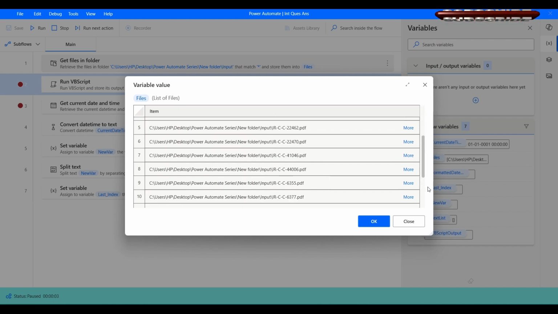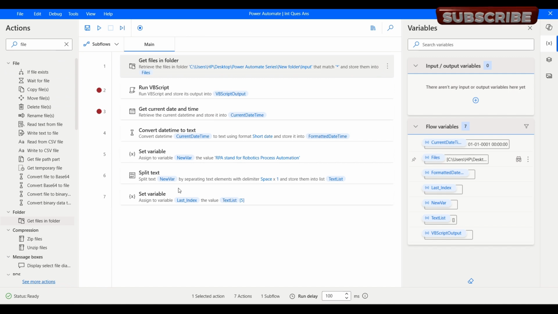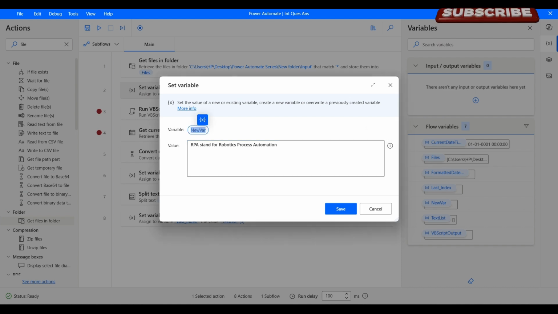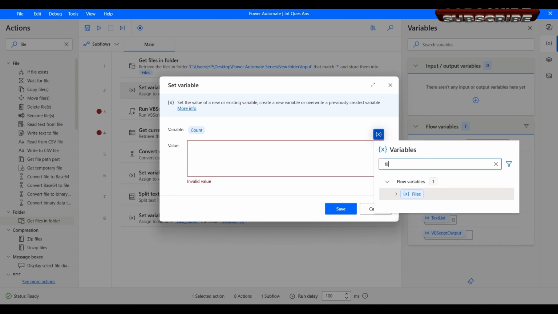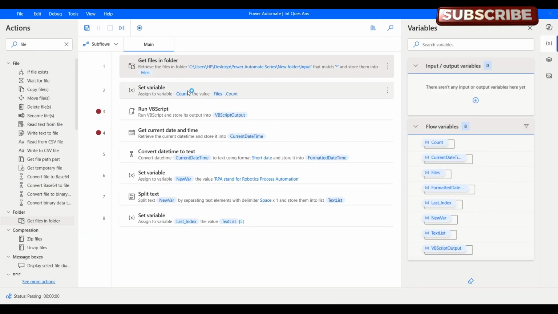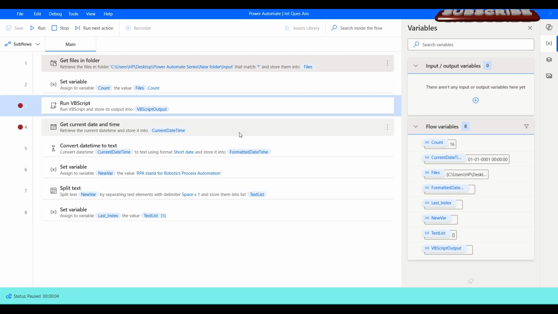Now if you see here, we have all the files, and if you want to get the count, I'll just copy paste this variable here. I'll name this count, and in order to get the count, there is a property of files that you get the count, right? So it has given me 16,